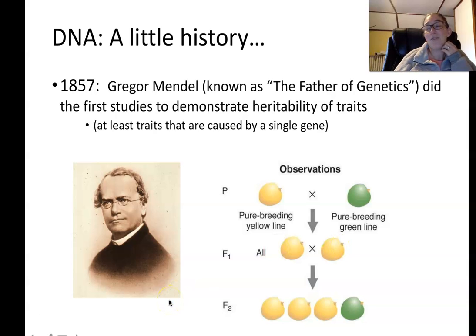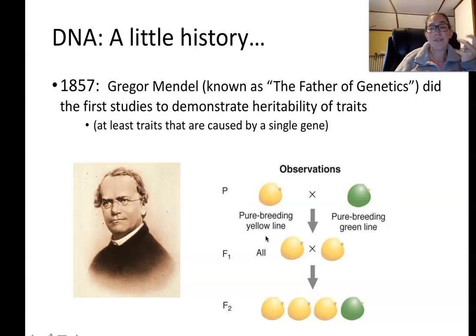So he was using pea plants, and pea plants were really great because they reproduce really quickly, and they happened to have really simple genetics, which was just very fortuitous of him. If he had chosen a different plant, he may not have discovered anything. So that means that for a lot of pea traits, one gene equals one trait. For humans, we're a bit more complex, and there's very few traits that are caused by one single gene. So anyway, he did a lot of crossbreeding of plants to look for the